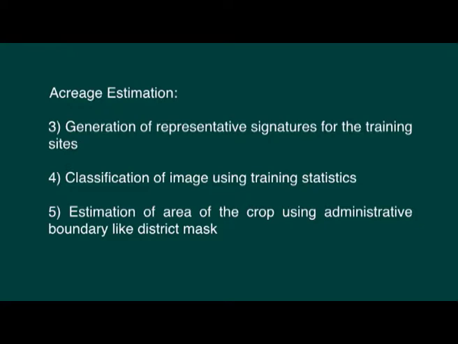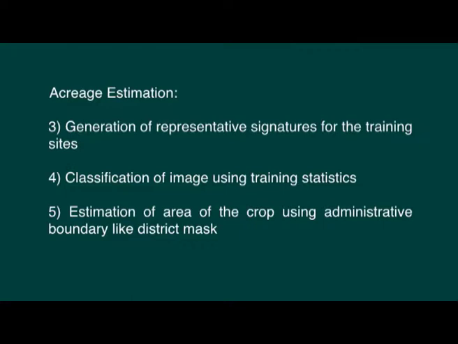That can be done in two ways: supervised classification and unsupervised classification, and that will be taken care of by the image processing softwares, which are plenty now, and that will be done using softwares. So that classification is done in the fourth stage of acreage estimation, and in the fifth or the last stage, estimation of area of the crop using administrative boundary like district mask,